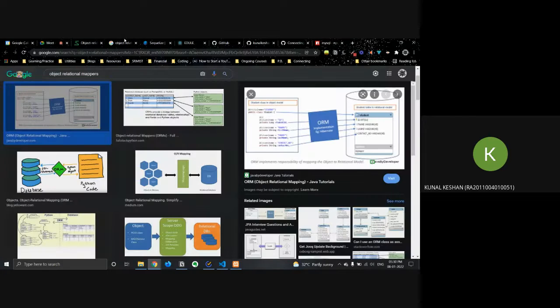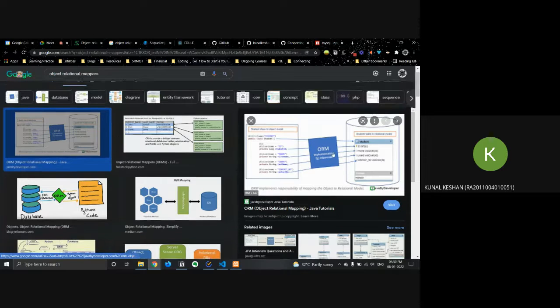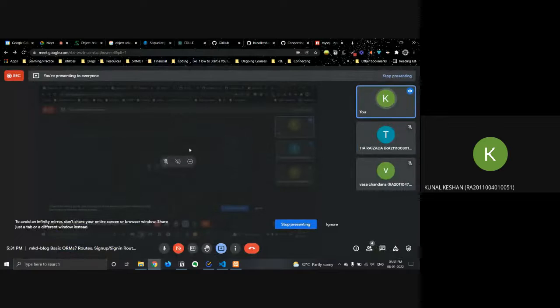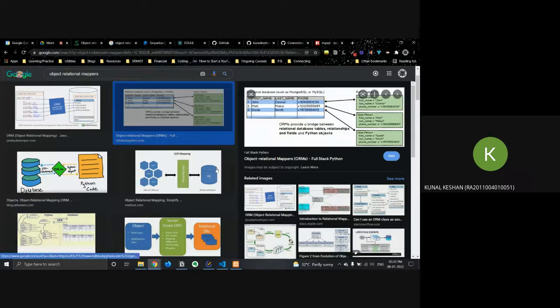To give you an example, something like this, you have a table, and you can write specific functions. So it's basically just compressing our data. Yeah, you could say it's more like seeing your data in an object representation. So you don't need to write those SQL queries.